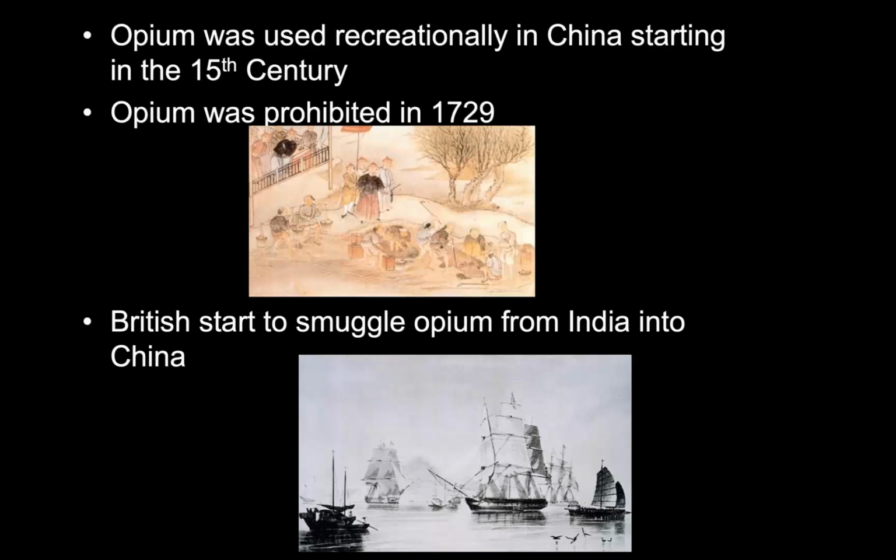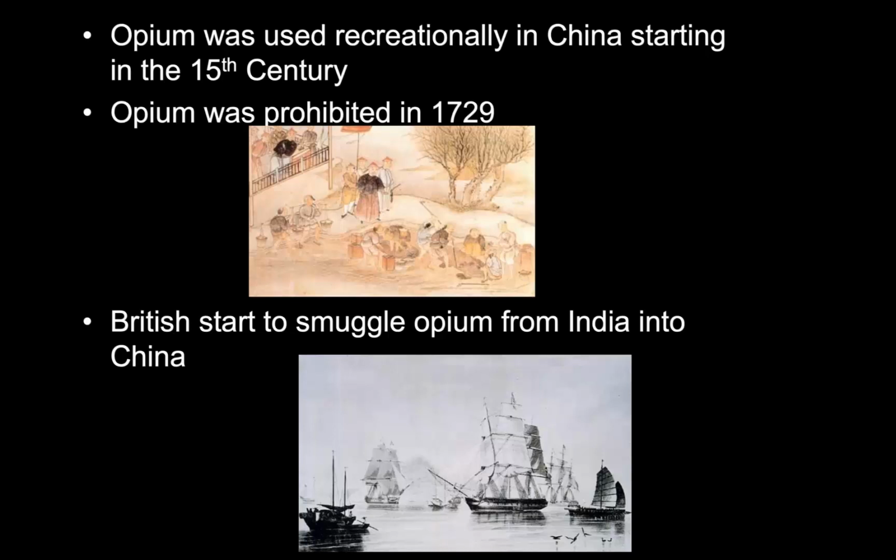And so in 1729, the rulers of China actually prohibit opium because opium was a huge disaster for the Chinese people. Those that are on opium tend to lose their motivation to do anything. They get sick quickly. They die young. It is a drug that could be turned into morphine and therefore help people, but it is also a drug that can kill as people get addicted to it and then overuse it.